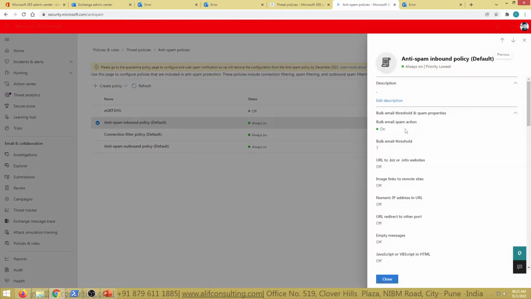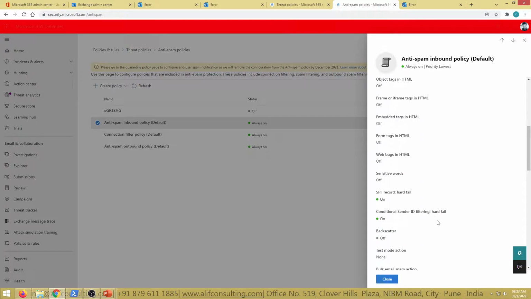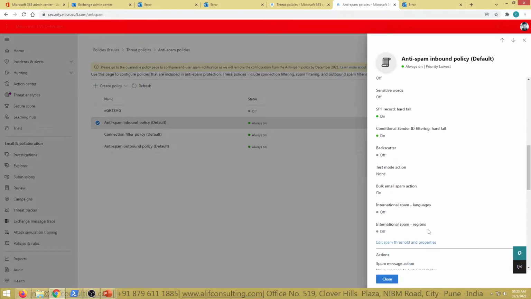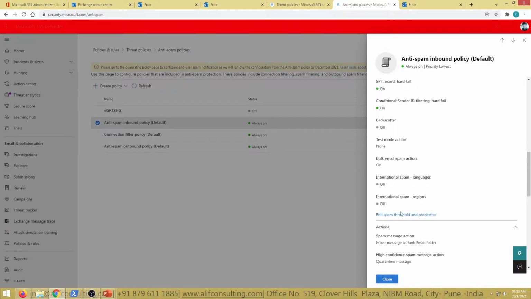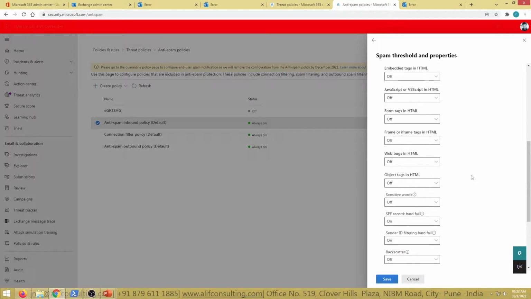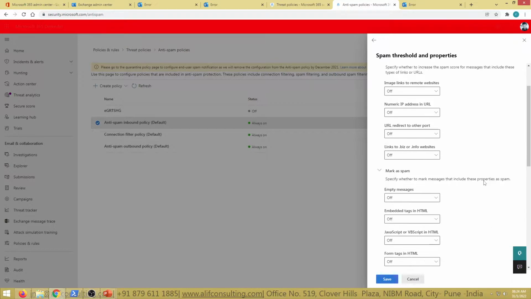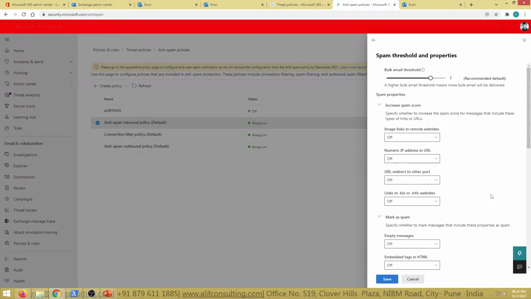When it comes to the inbound policy here, we did talk about international spam, and all those options are available. You see, international spam is turned off. So if you go with these options here, you have all of them. Bulk email, so this is the number. Now no one can tell what this number is, this is the default value. If I click on edit,